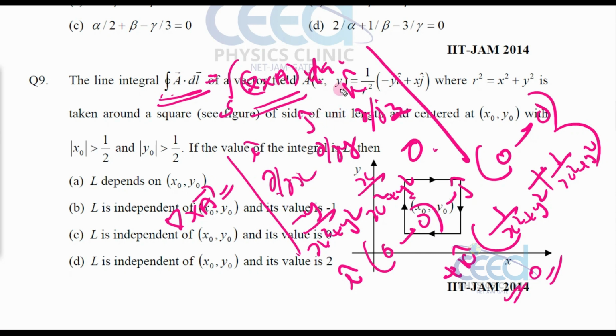Yeah, here this k cap into, first of all we need to take this, right? So 1 by x square plus y square, and when I am doing this, that is equal to plus x square plus y square, all right? So here this value is,